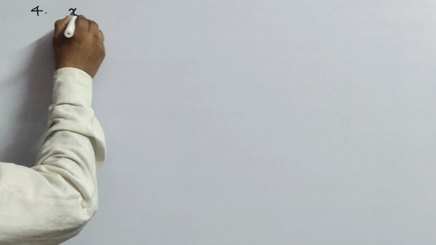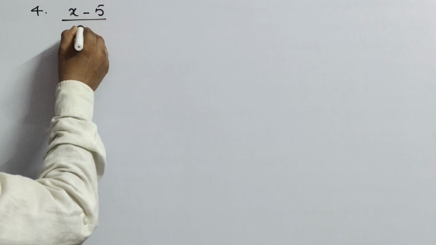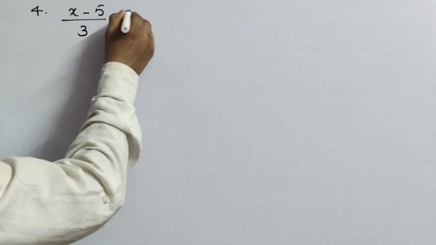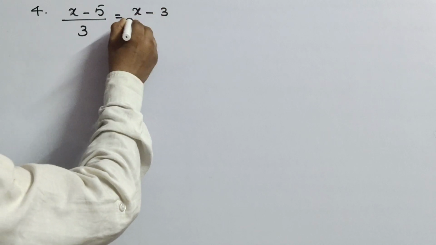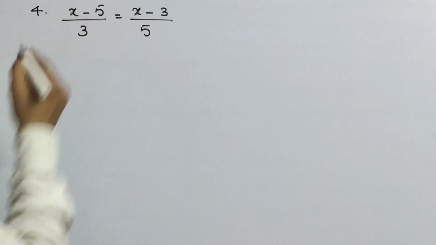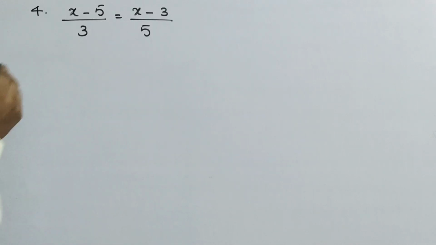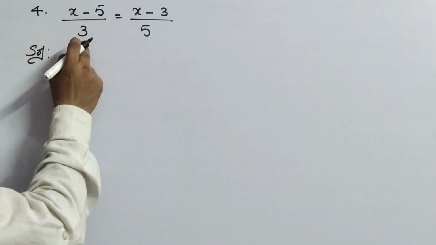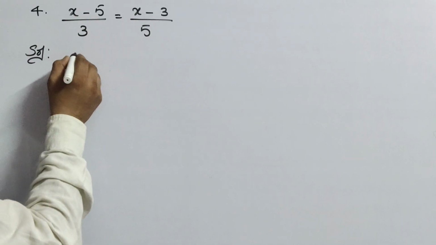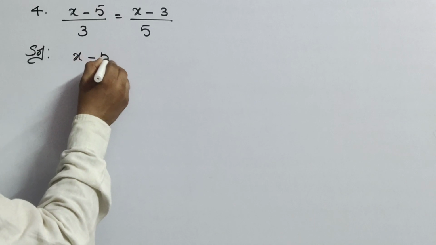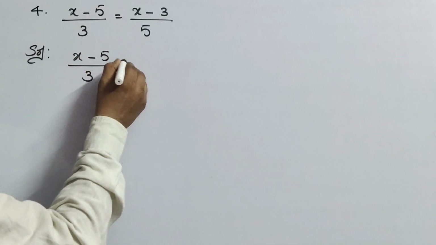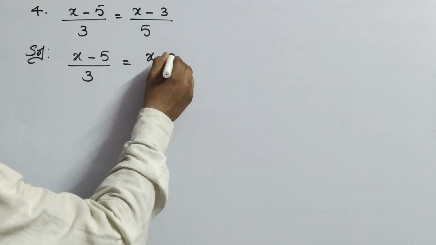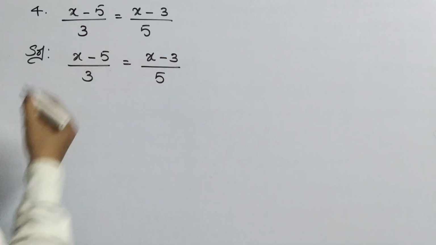Okay, you know the question? Solve the following equations, linear equations. That is (x minus 5) by 3 equals (x minus 3) whole by 5. Okay, listen very carefully. If such type of sums are given, you know how to do it because it is whole by 3 and whole by 5. So, write here first question. (x minus 5) by 3 equals (x minus 3) whole by 5.